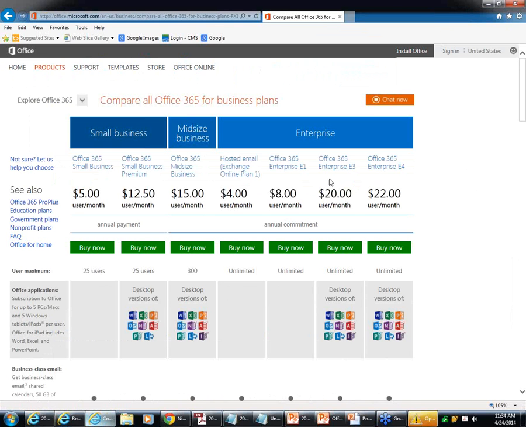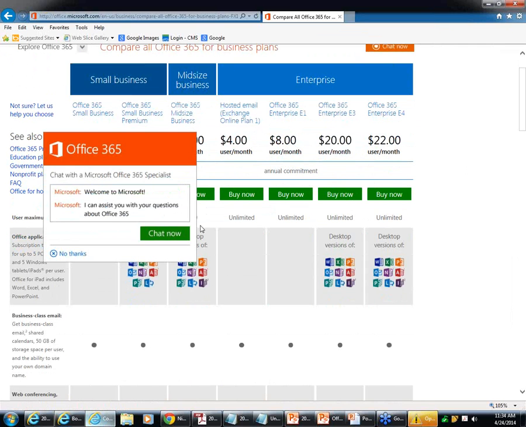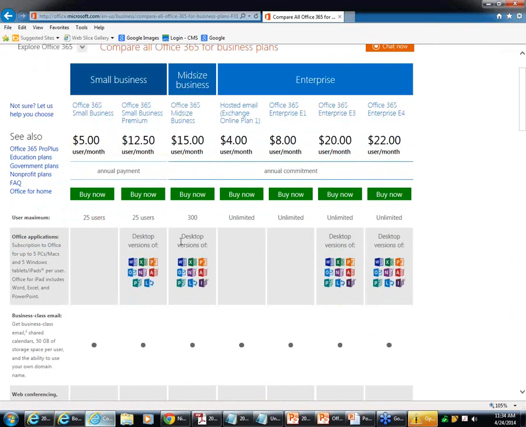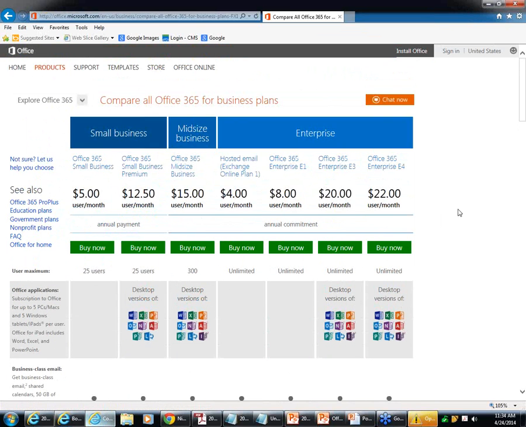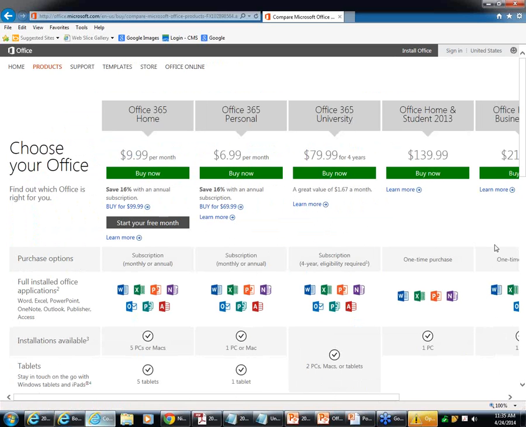Okay, so you see these different versions of Office 365 here. You can kind of see that these are all the business versions. But Office 365 is not simply a business product. You can even have it for home users. Okay, so if I click here, let's see, Office for Home. That should switch this to the, and it did. Okay, the home versions. And you can kind of see here what the differences are, because maybe you want to buy this, but you don't want to get the business version because you don't have 25 people or 300 people or unlimited people. You just want to have it for just you or just for 5 machines or something like that. You have some options here.